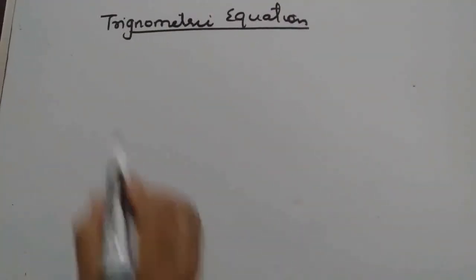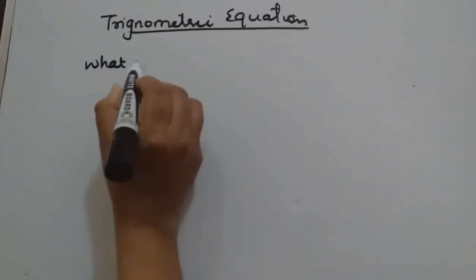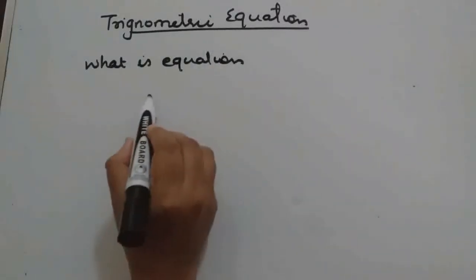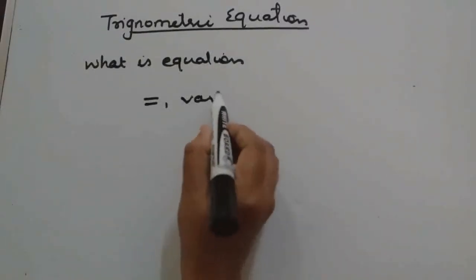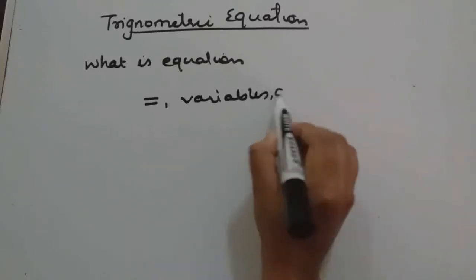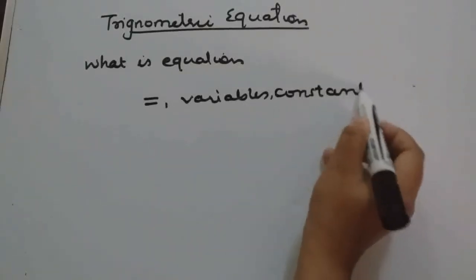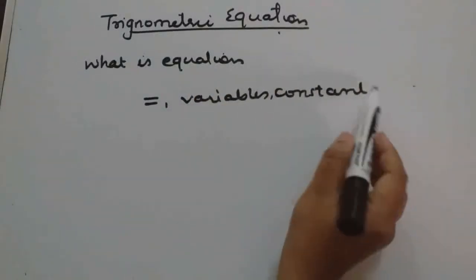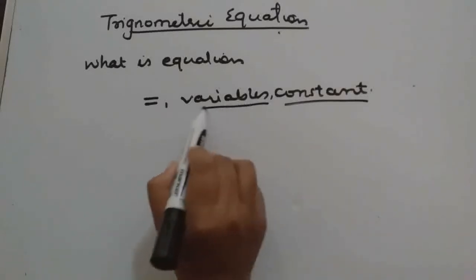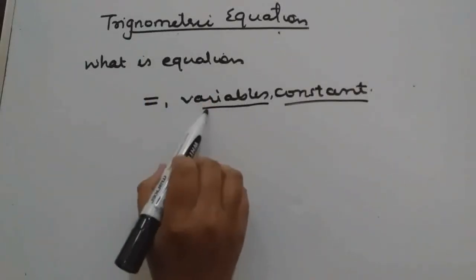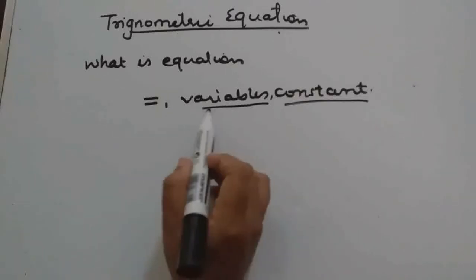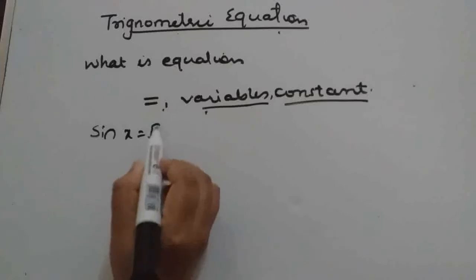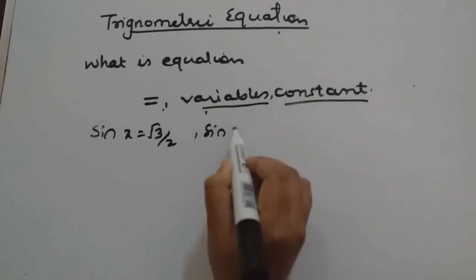Equation. What is an equation? An equation is an expression which contains an equal sign, variables, and some constants, isn't it? Now, when we talk about a trigonometric equation, that means it will contain constant numbers and variables in terms of trigonometric ratios such as sin x, cos x, tan x, cot x, etc., and an equal sign. For example, sin x is equal to root 3 by 2, sin x is equal to 1